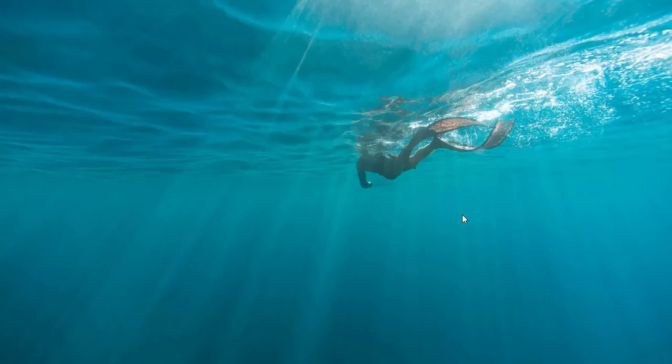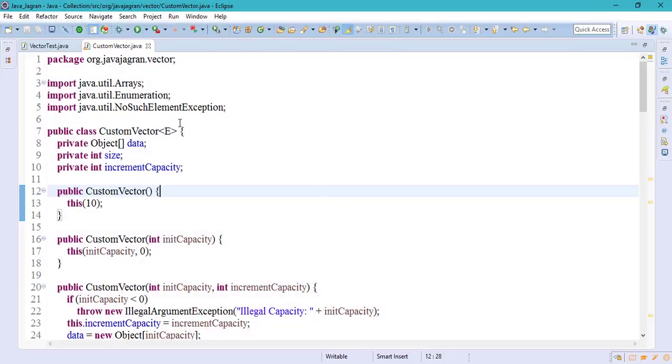Today I will not cover all the methods, but the important methods like adding, getting, searching, removing, and how to implement that kind of method while creating our own vector, I will explain. So now let's start. What we can do is create just one class with the name of custom